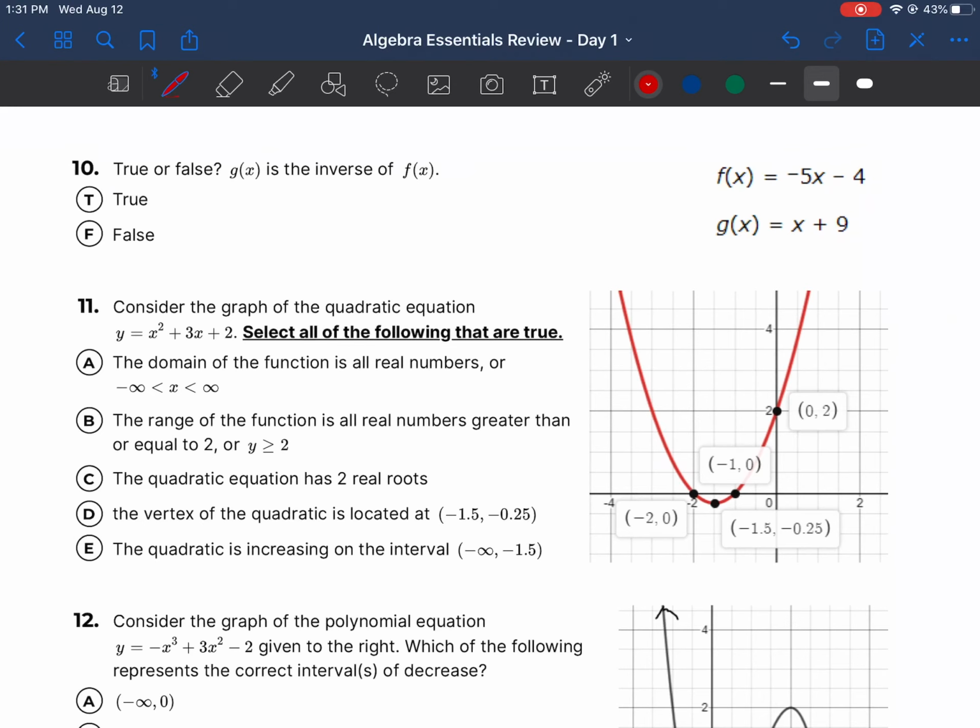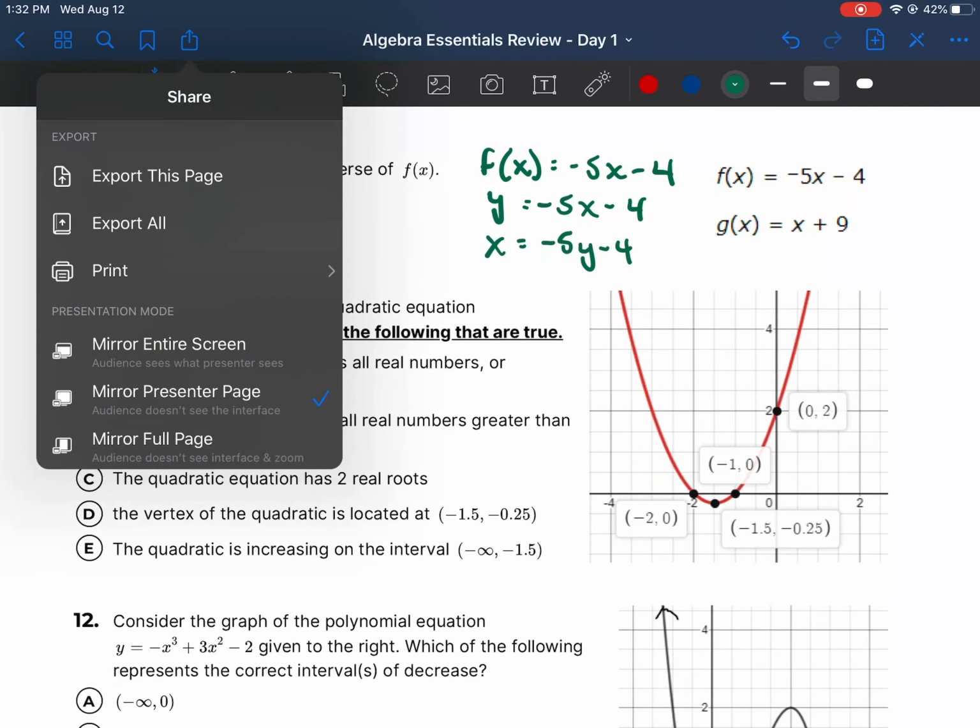All right, question 10. True or false, g of x is the inverse of f of x? Well, let's look at f of x. We can see that f of x is negative 5x minus 4. Again, let's replace f of x with y. And let's switch x and y. We're going to try to solve for y now. So let's add 4 to both sides. So we now have x plus 4